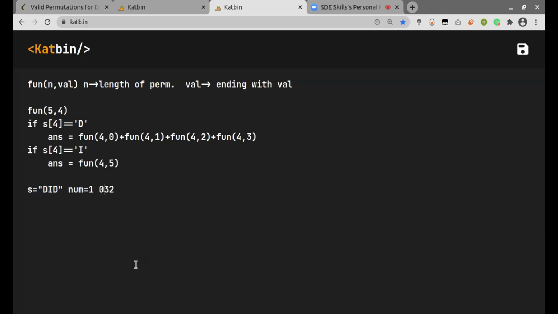Let's suppose we took one of the permutations as this, which is a valid one. Now, let's suppose the value of S changes to DIDD. If the value changes to DIDD, how do we have to change this particular permutation such that we get another permutation where this string is satisfied?